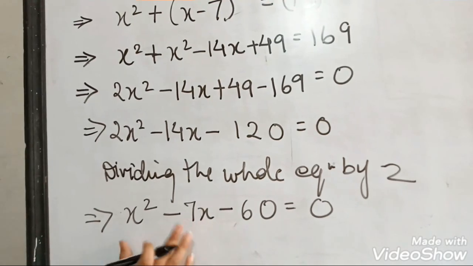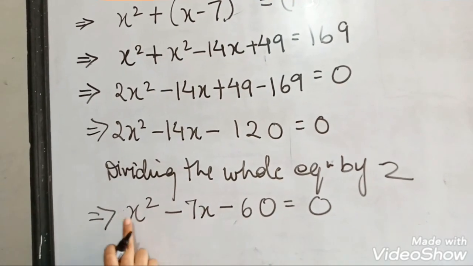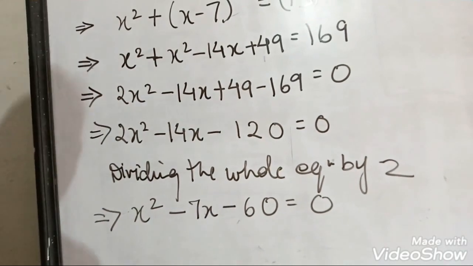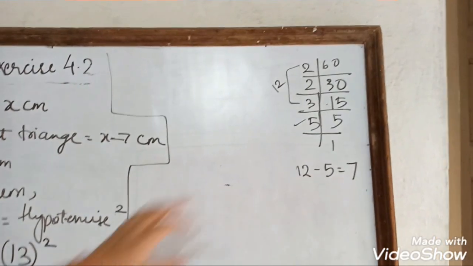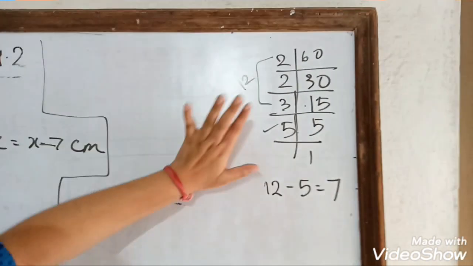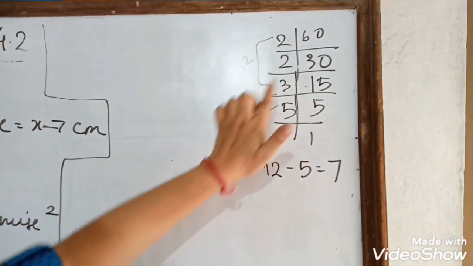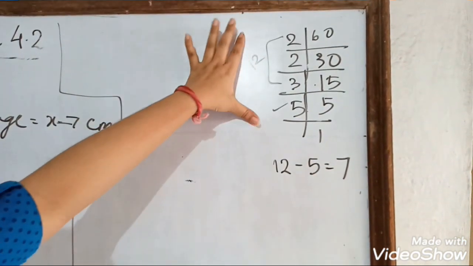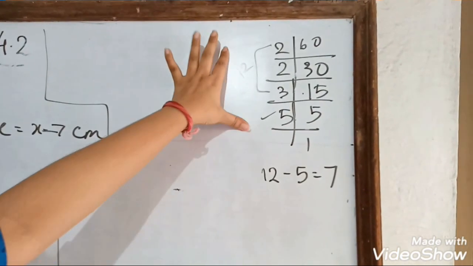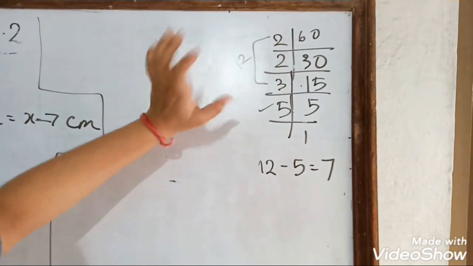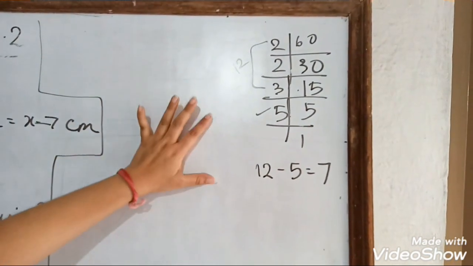Now children, we are going to find out the LCM of 60 as the coefficient of x square is 1. So 1 multiplied by 60 is 60. Let us find the LCM. Now children, 60, when I have taken out the LCM, it goes as 2 30s are 60, 2 15s are 30, 3 5s are 15, 5 1s are 5. Now we have to take care of the middle term, and a middle term is minus 7. So we have to arrange these numbers in such a form that on addition or subtraction we get 7.